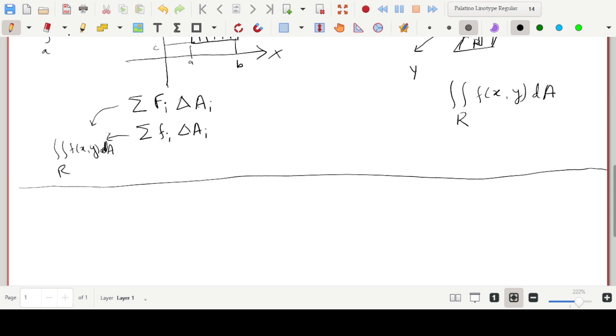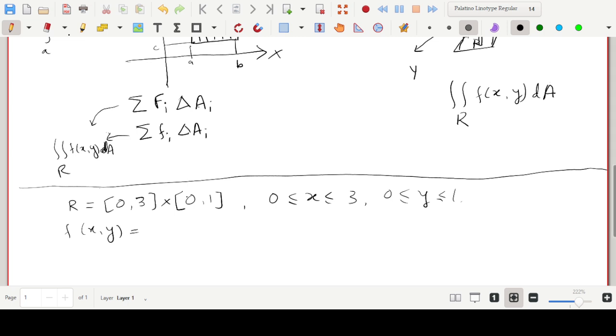Let's say we have a rectangle R which is 0 to 3, so x varies between 0 and 3, and y varies between 0 and 1. So let me write it in this way also. And f that is defined on this region or rectangle R is